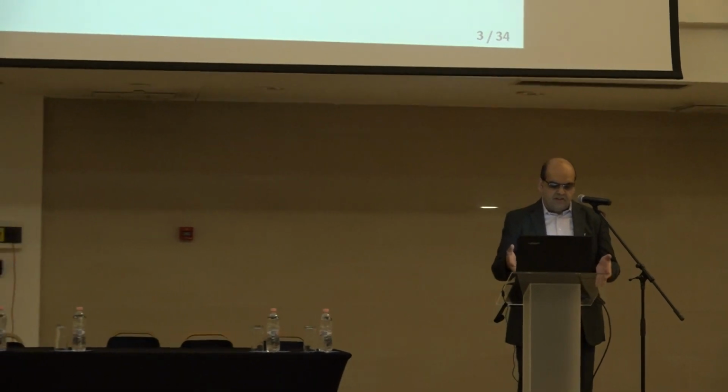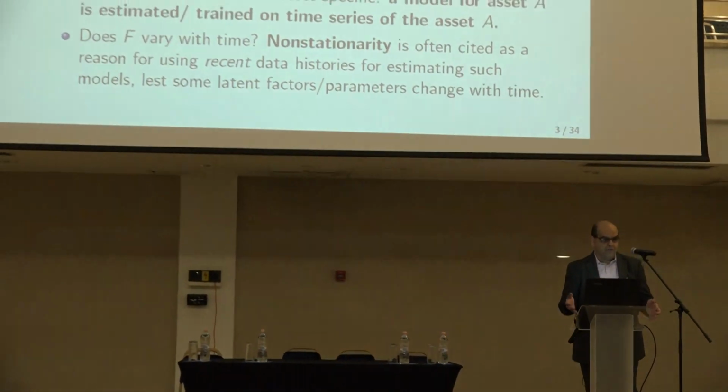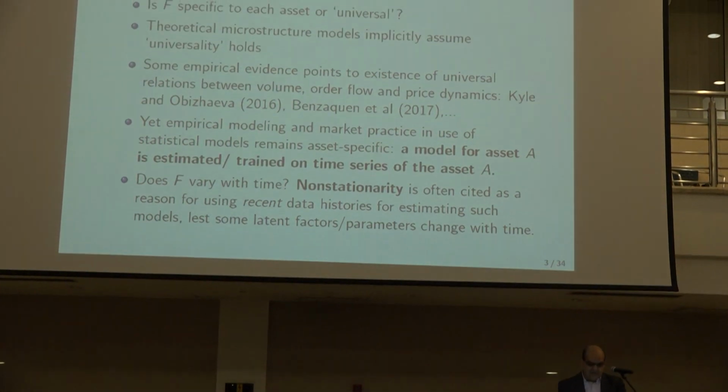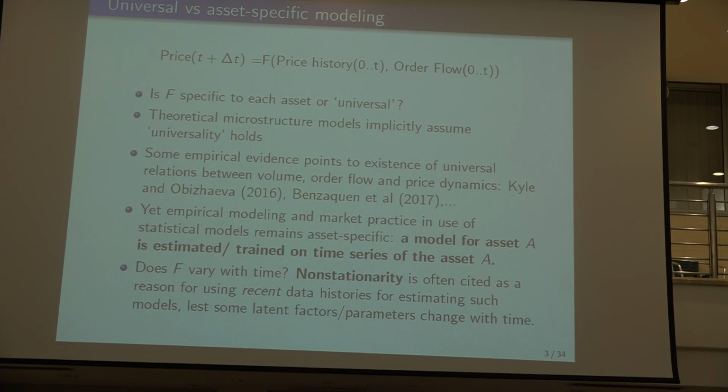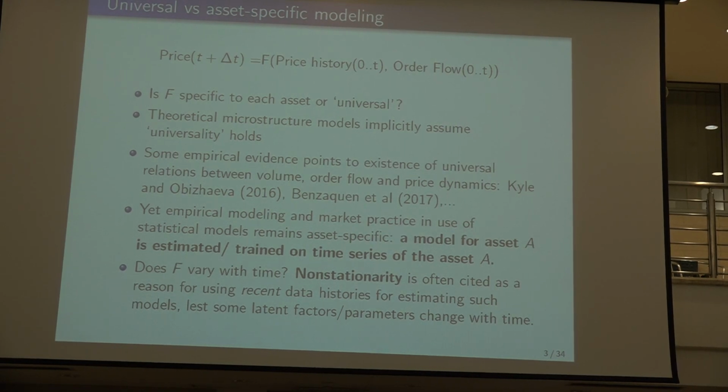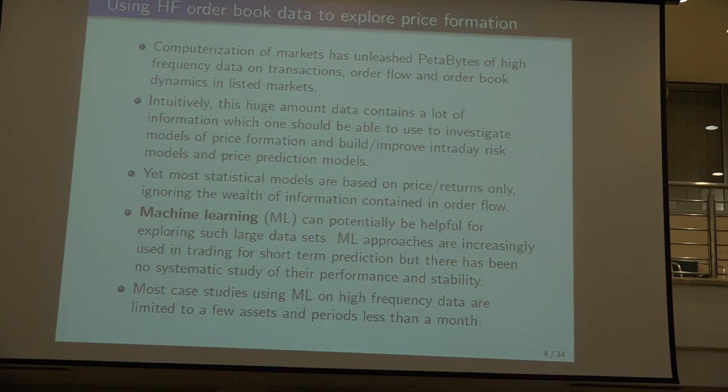Now, of course, you can test this with a statistical model. If you have a parametric model for F, you can fit it and see if the parameters change in time, if the parameters change across stocks. But if you reject this, then you don't know whether you're rejecting your model or whether you're rejecting stationarity and universality. So typically you will reject it if you use a model that is not flexible enough, but you don't know why you're rejecting it. So it is of interest to answer these questions non-parametrically without assuming exactly what F is too specifically, or at least having a very flexible F which can accommodate many features.